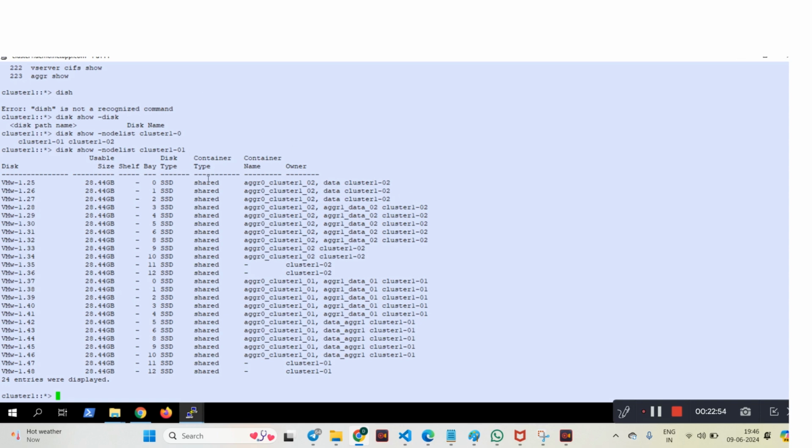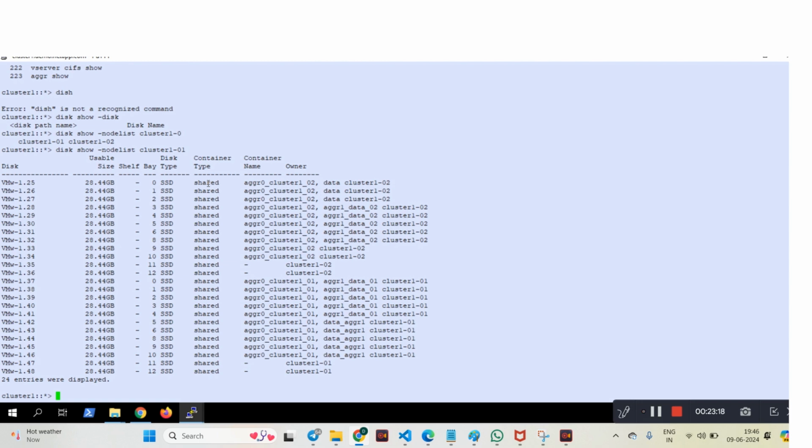See, share means advanced disk partitioning is there. If it does not show share, that means advanced disk partitioning is not there. And advanced disk partitioning is installed in a FAS array. FAS means it's a NetApp array where you can use different kinds of disk like SATA, which is a slow disk,